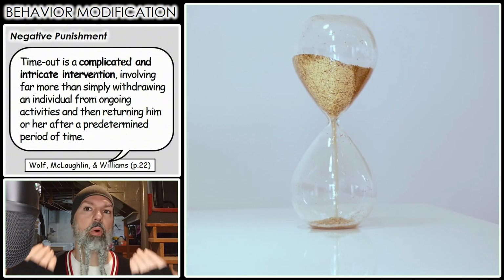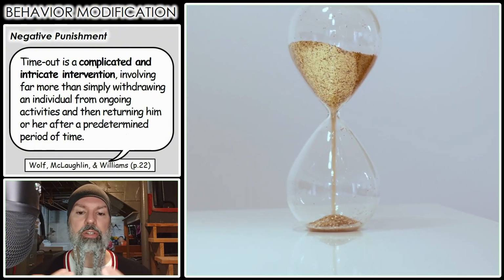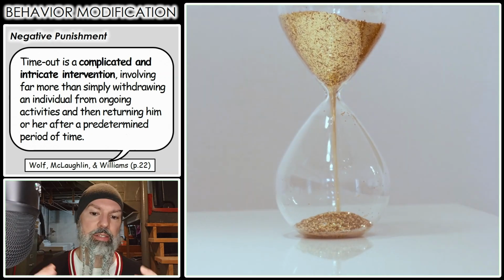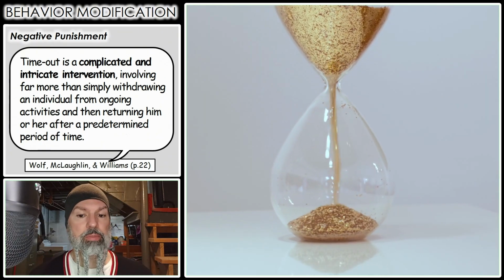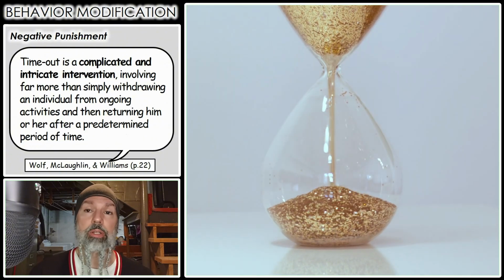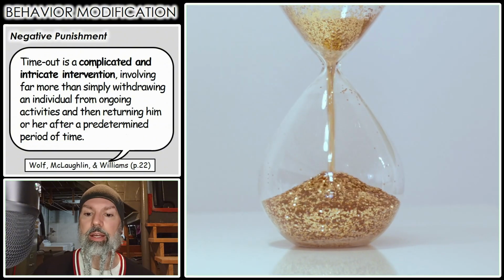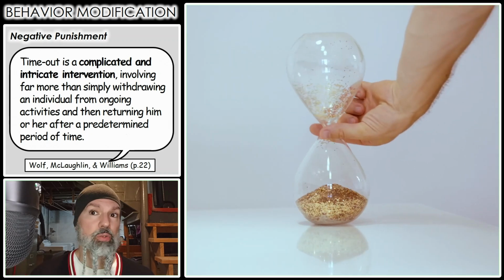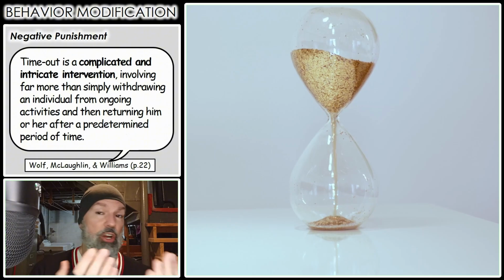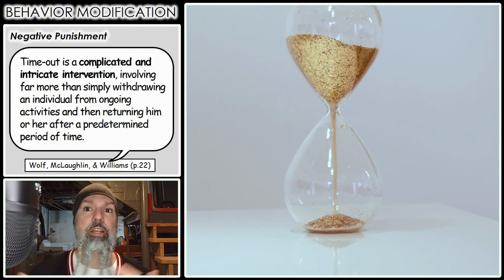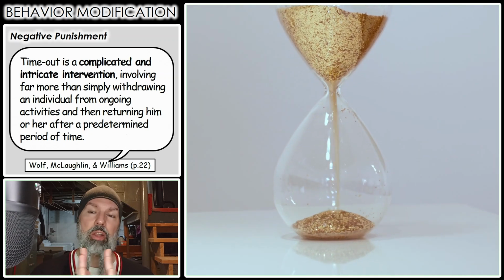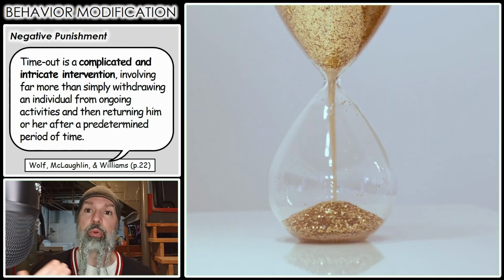You want to avoid really long timeout procedures, so avoid exceeding 15 minutes, because the longer your timeout procedure is, the more likely you are to run into problems such as tolerance development. The learner with the problem behavior might just learn to enjoy and tolerate the timeout procedure. Loss of instructional time. Remember, you're removing those reinforcers. So while they can't earn those reinforcers, that means they can't learn any of those positive behaviors that we're hoping that they'll adopt. And then also, the longer they wait, they can have access to bootleg reinforcement,